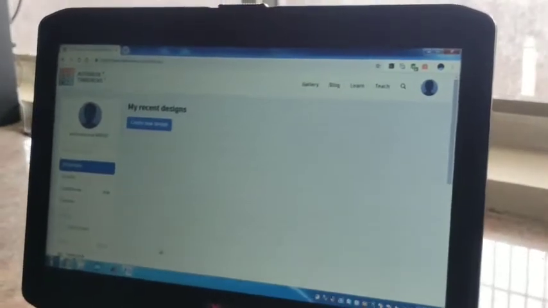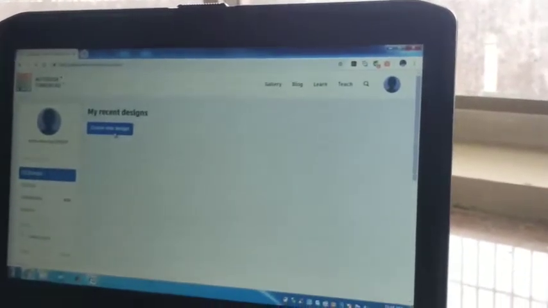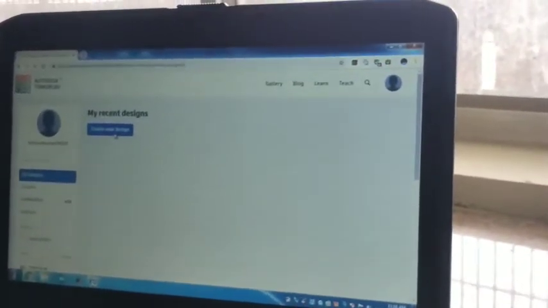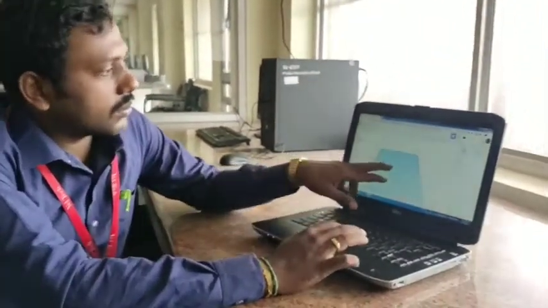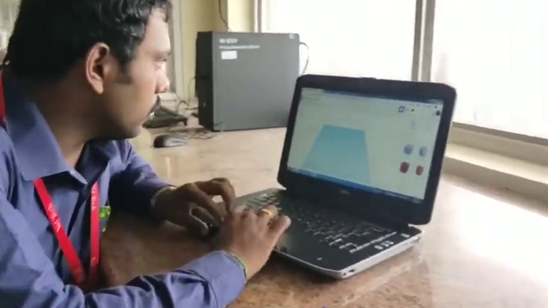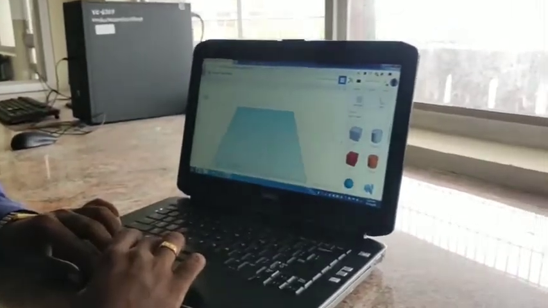So this is Tinkercad. I have already logged in, right? Everyone, create your account on Tinkercad and go with create a new design, right? Just go with a new design. I'm going to make a circuit design.